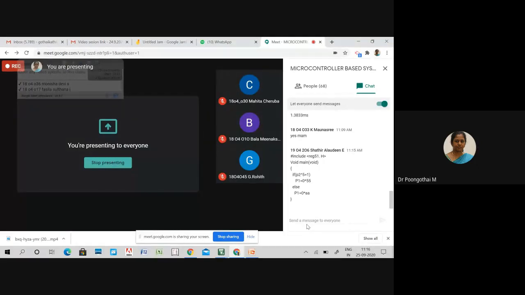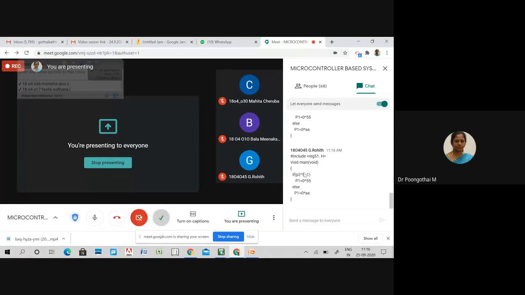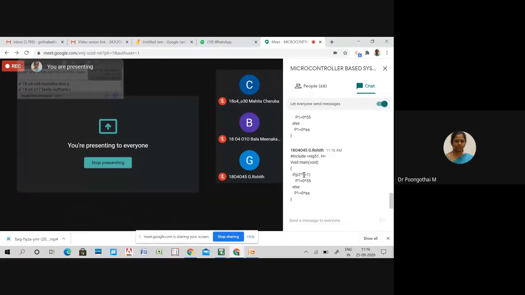Have you completed? Rohit. Same correction. So for P2.5 you have to assign a variable. So below your hash include reg51.h, you have to assign variable. Okay, A is equal to P2.5. And inside your main, instead of P2.5, you have to use A variable. Okay.